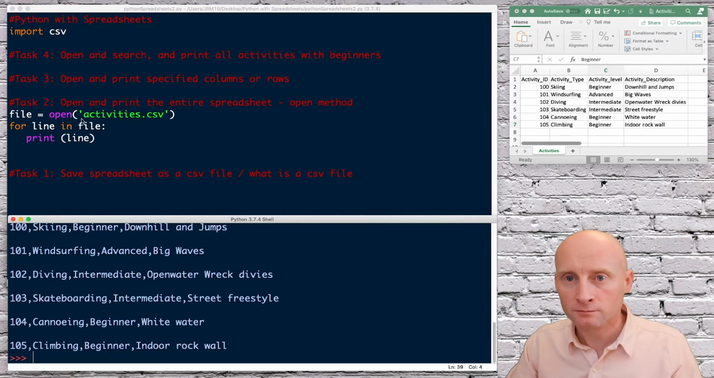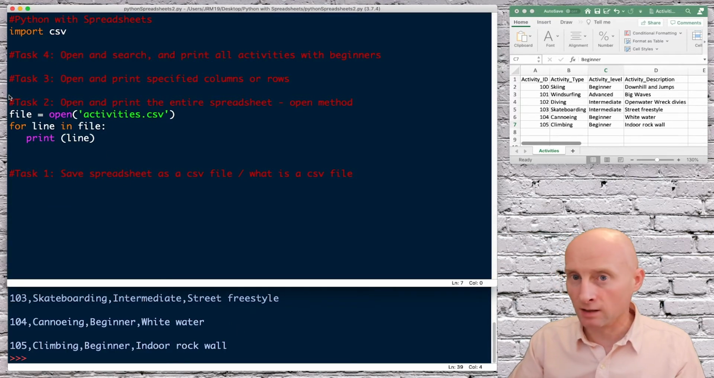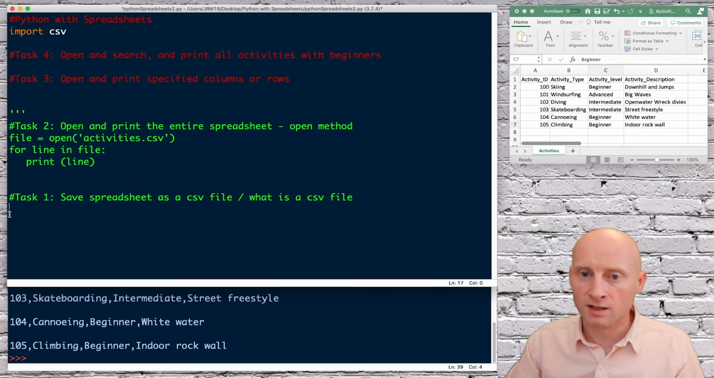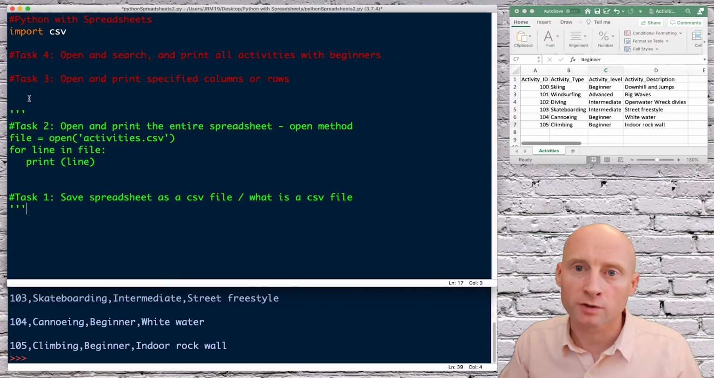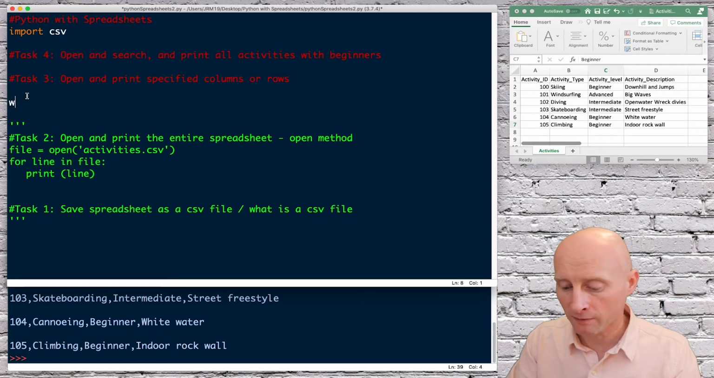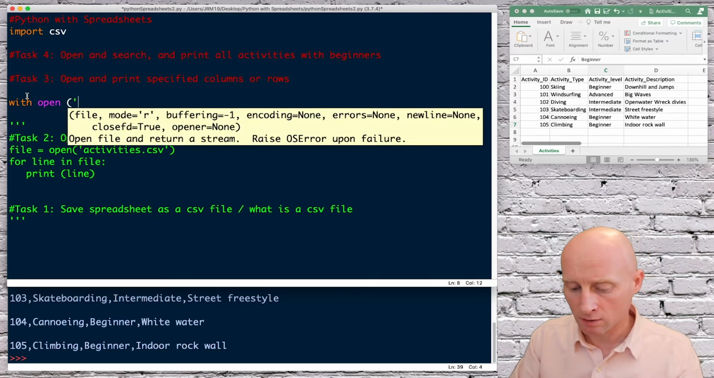So that's just opened the contents of this spreadsheet in Python and printed it as we can see here. Okay, next task is we're going to use a different method, which is a slightly better method if we're doing more data manipulation, and that's the open with method. So with open, and the same again,